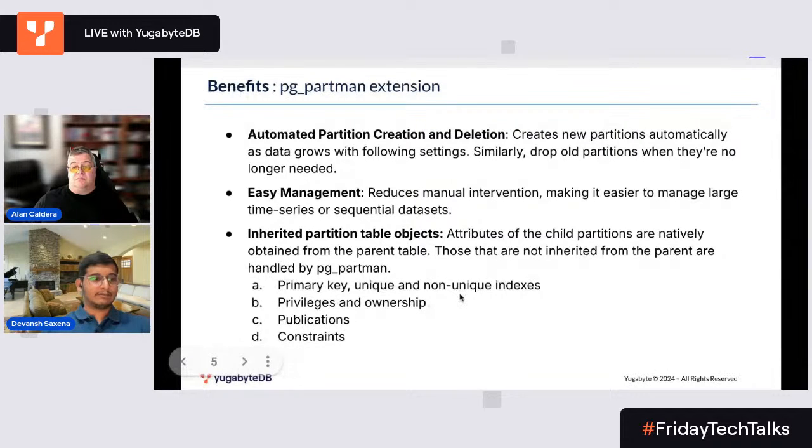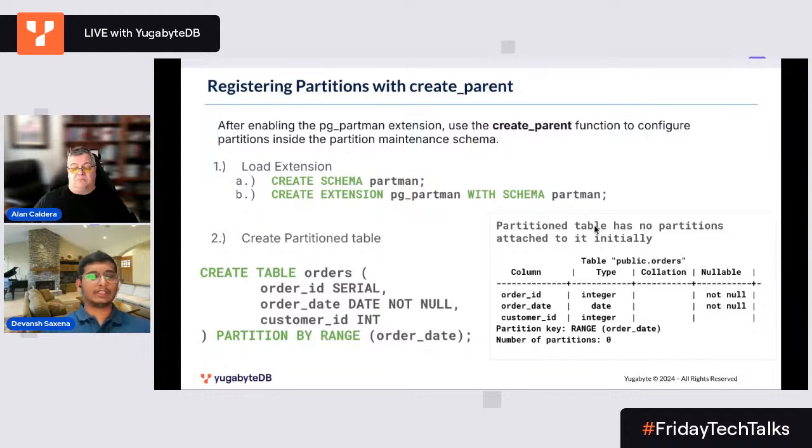Postgres introduced native partition support in Postgres 10, and up till Postgres 15, they have incrementally added dependent objects inheritance to the child partitions. But in case of some gaps, that is handled by PG Partman while creating the child partitions via PG Partman functions. Okay, so